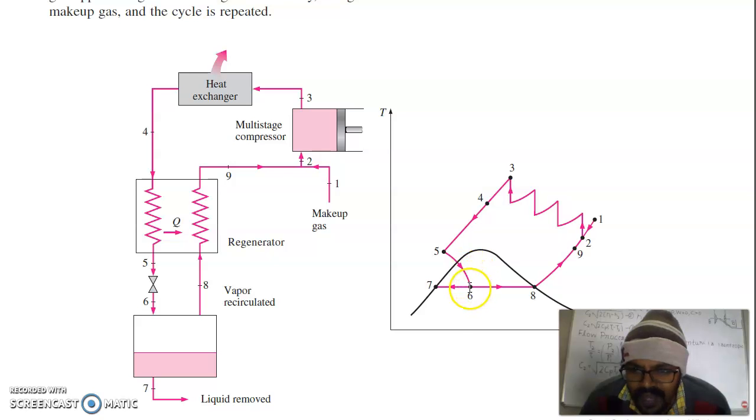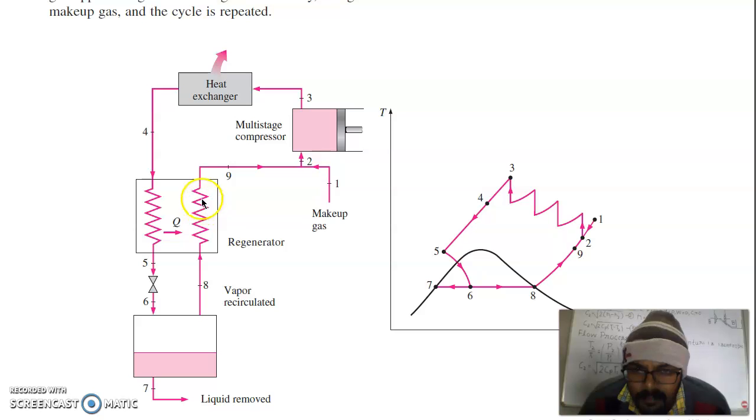So some part will flash into vapor and some part is in the liquid form. Whatever the liquid form, which is 7, is collected in the tank, and whatever is in the vapor form will be circulated back from 6 to 8. The vapors will go to the regenerator, and these vapors have a